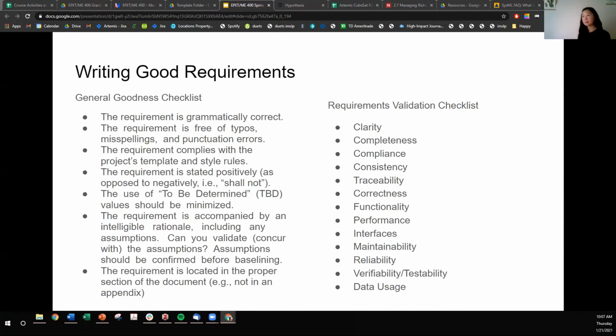Requirements are free of typos, misspellings, and punctuation errors, and comply with the project's template and style rules. Requirement is stated positively. So for example, this checklist is a soft constraint where these are good guidelines. Other things,